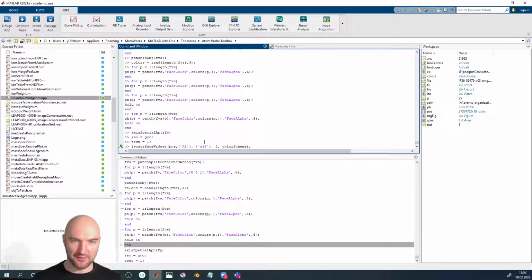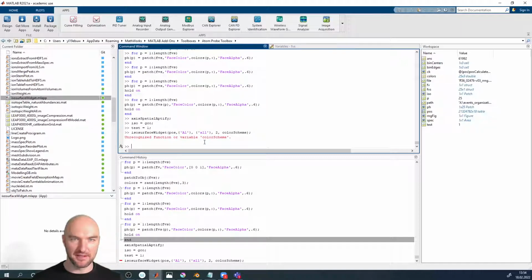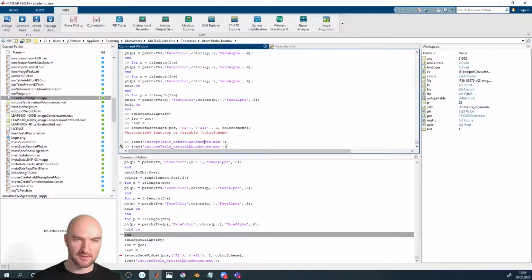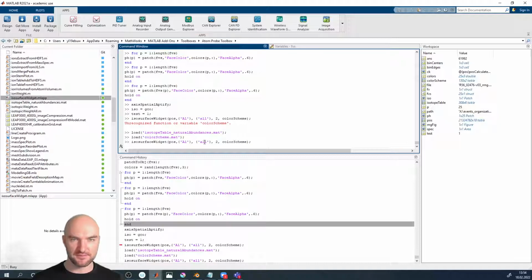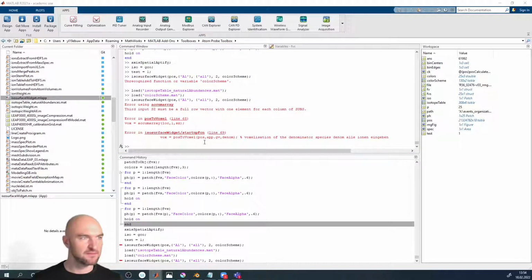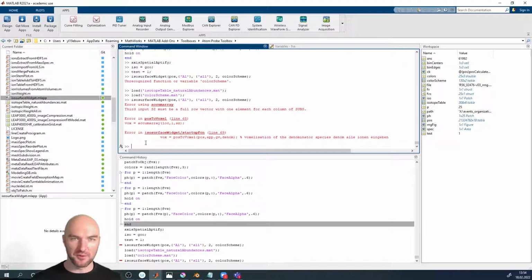If not, we will definitely implement that. Oh, we need to load the color scheme. Okay, we will definitely implement that. So we're just going to use nickel as a numerator then. Probably chromium is also good, because chromium doesn't go into the